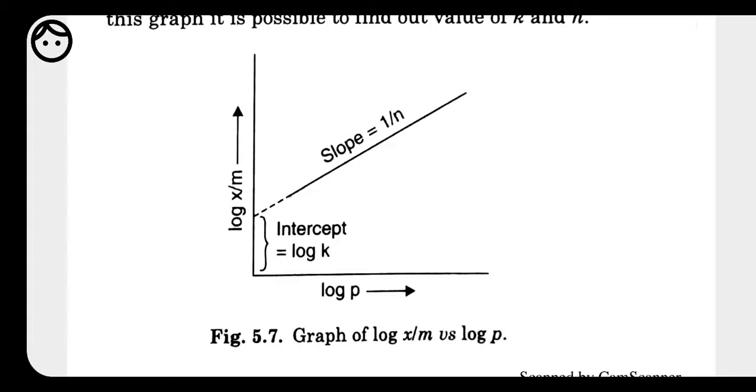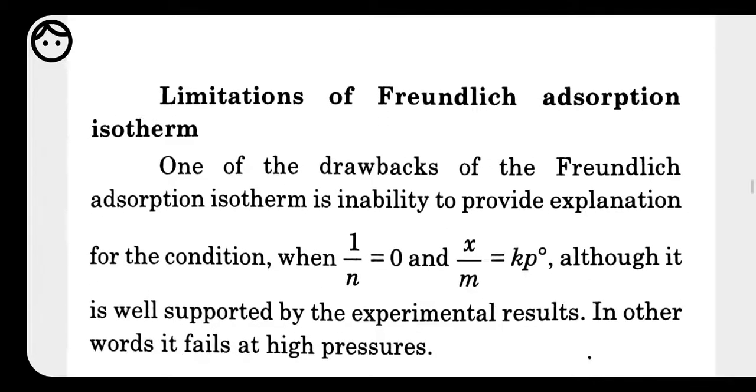Okay, this is the intermediate pressure, which was explained by the scientist Freundlich, but he was unable to explain this graph at low pressure or at very high pressure. This is the most important drawback of the Freundlich adsorption isotherm. This could also be asked for 1 mark: what is the limitation of the Freundlich adsorption isotherm? The limitation is that he is unable to explain the graph at low pressure and high pressure. He could explain only at intermediate pressure.